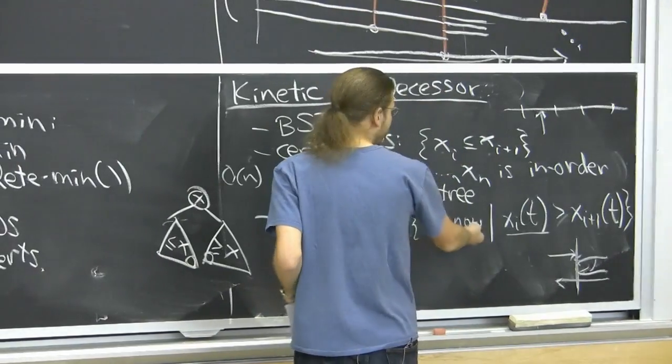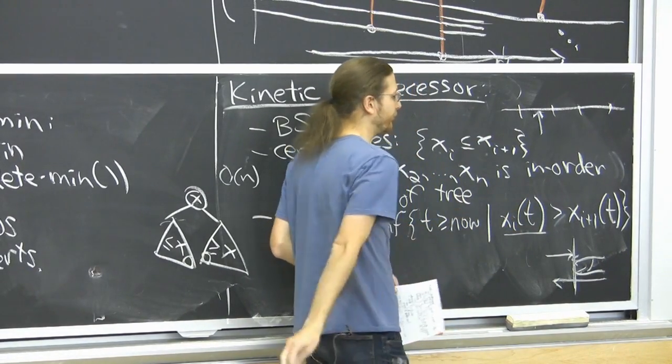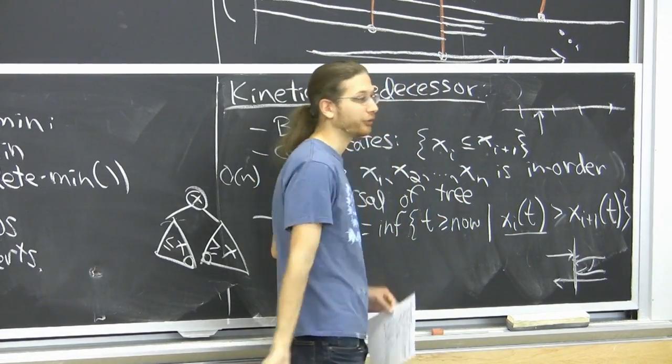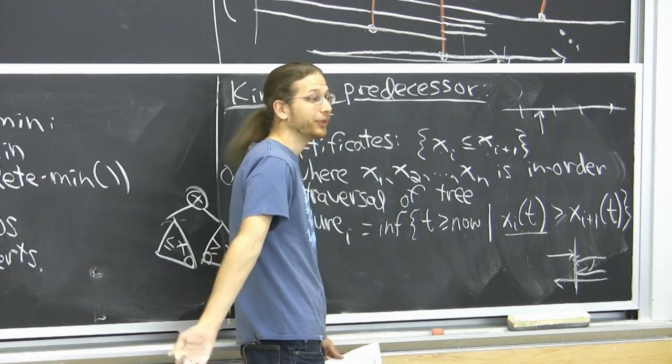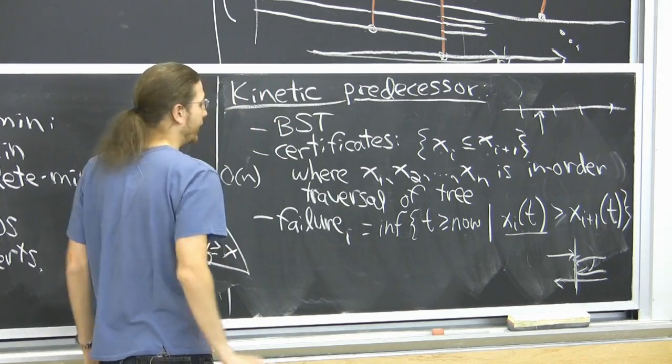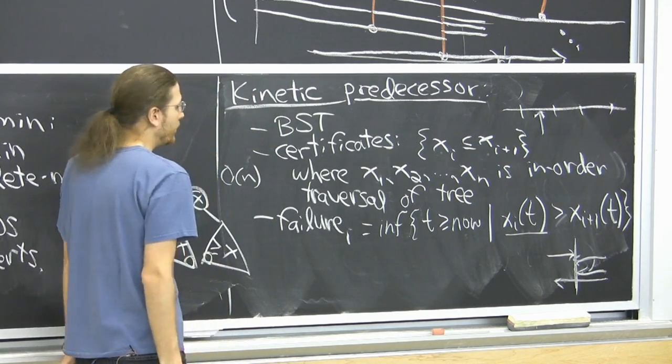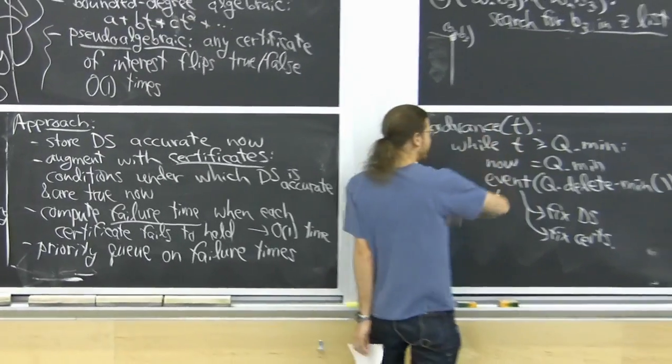Okay, how do you compute that? Well, it depends what these trajectory functions are like. If it's algebraic, then this is just a polynomial thing. You can do it in bounded degree. You can do it in constant time. That's our model. Okay, so you put them into a priority queue, do this advance, and now the question is,